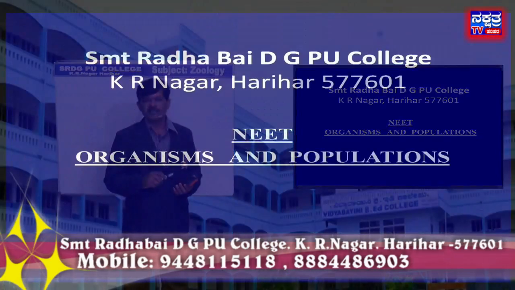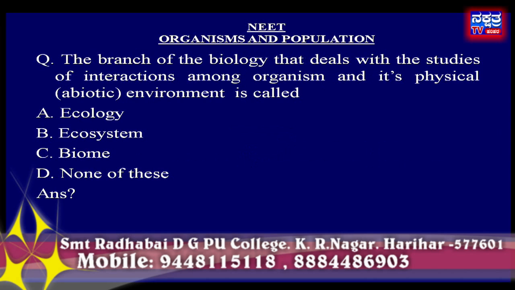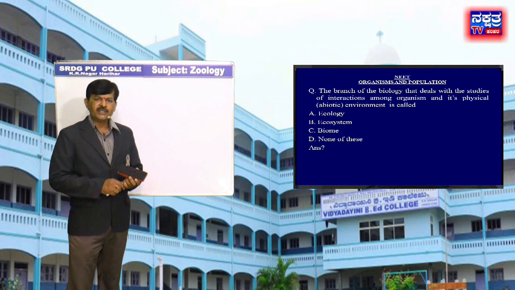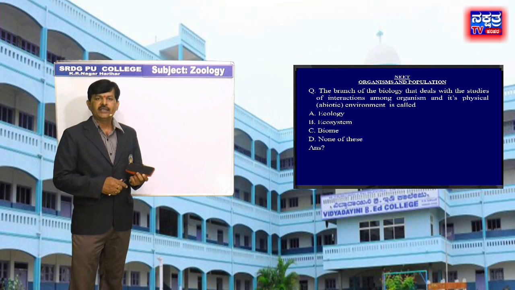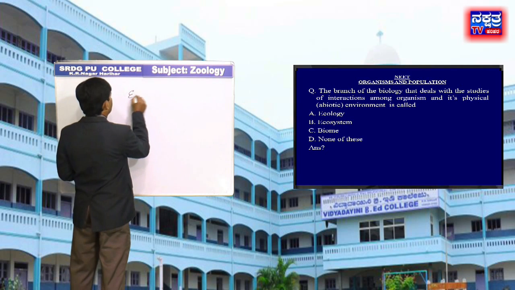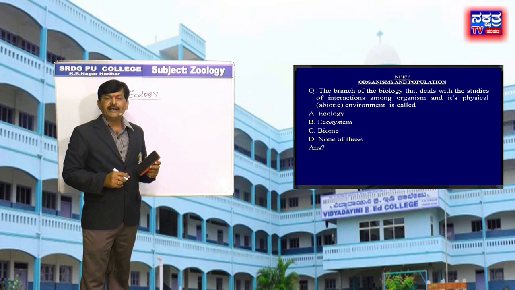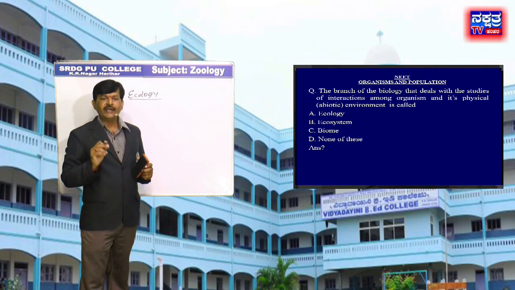The first question on this chapter: the branch of biology that deals with the study of interactions among organisms and their physical or abiotic environment is called option A ecology, B ecosystem, C biome, D none of these. In the given options, ecology is the scientific study of interactions